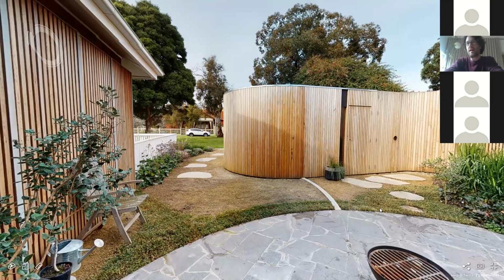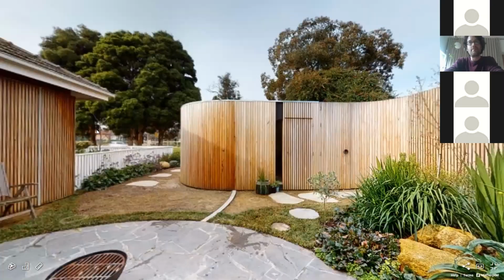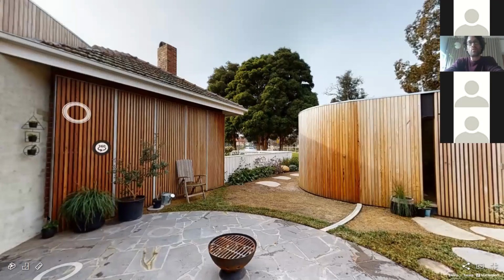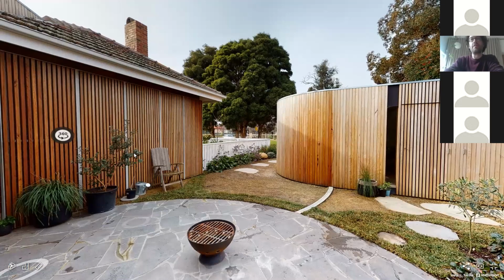So there's a really large timber gate here, which you can see swings shut on this arc. You can see this arc here, so they can close that down if they want to. But on weekends, Beck and Richard often report that they will have it open or partially open, and it becomes